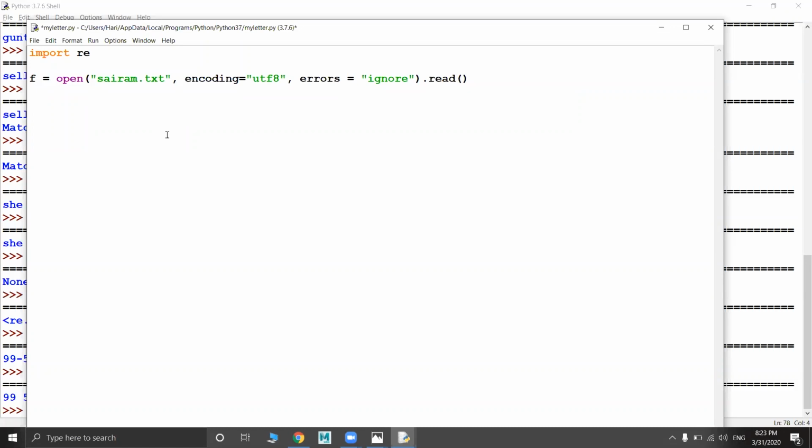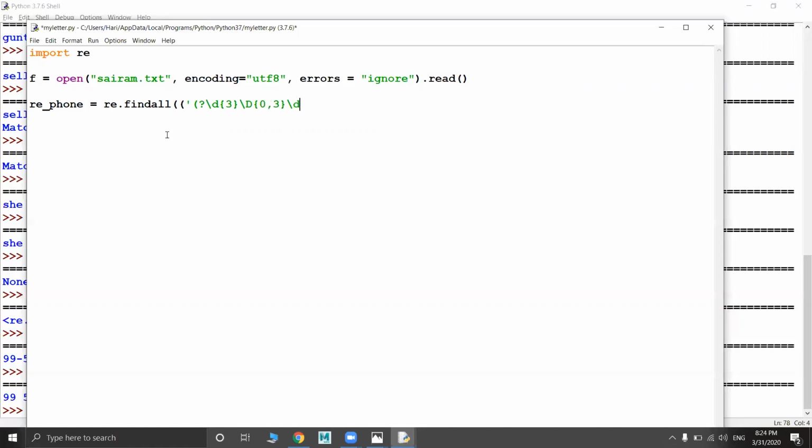Okay, now you need to create a pattern using find all. So I'm taking backslash d for digits. Okay, and then capital D, so that means it can have 0 to 3 characters.